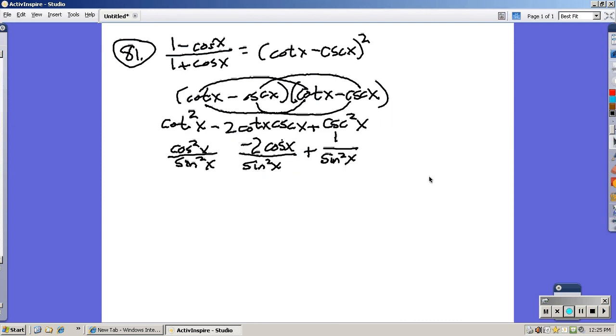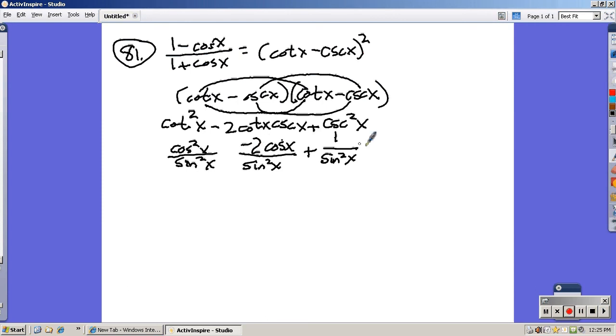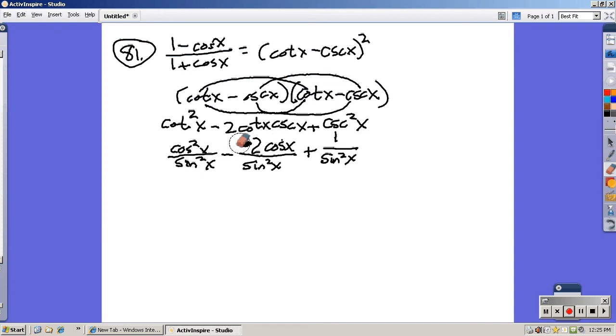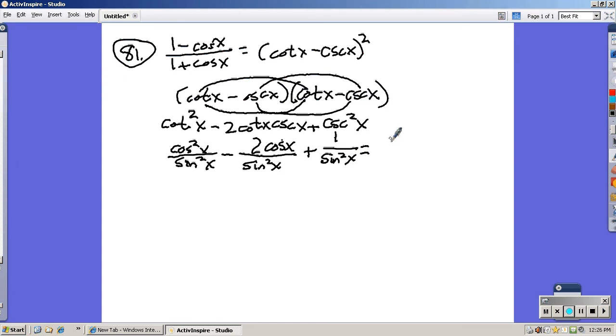All right. Now I have these three fractions all added together. And I'll write this as minus that. Just take that negative sign out of there. Notice that all these fractions have a sine squared on the bottom, so they all have a common denominator, so I can combine them all. So that means they're the same as cosine squared x minus 2 cosine x plus 1. That whole thing over common denominator, sine squared